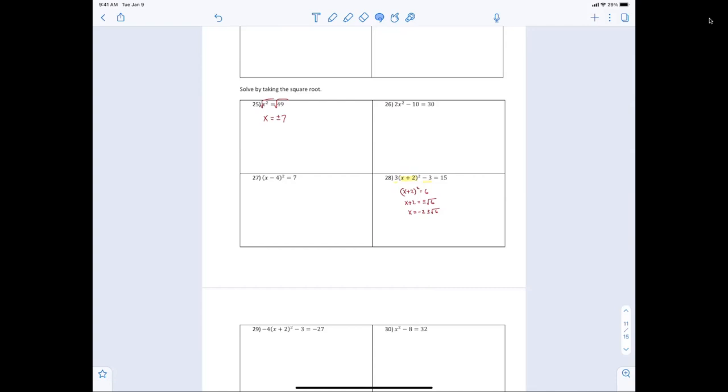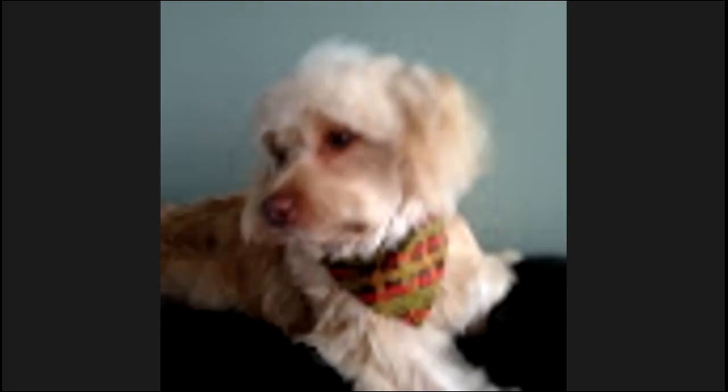Do you remember how to complete the square or not? Do you remember how to do the quadratic formula or not? If you don't, you have to practice more. So with that being said, I think today was a good day. And of course, if you're not sure or you want to hear it again,